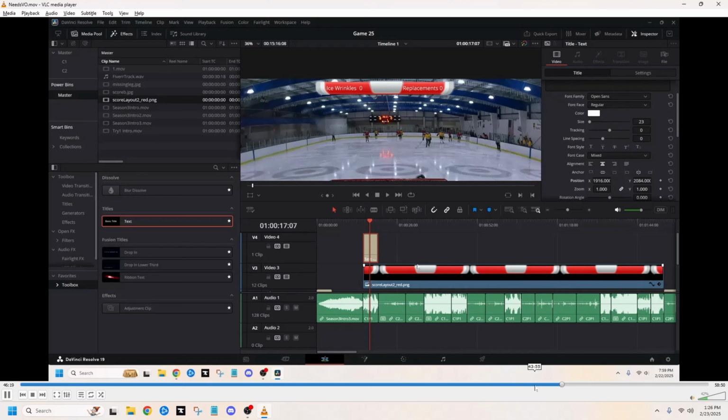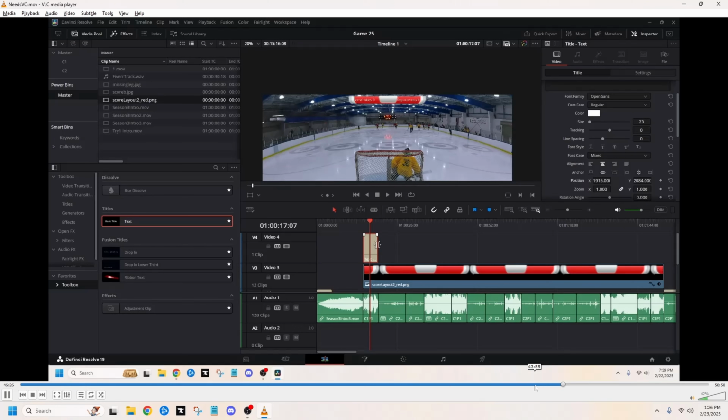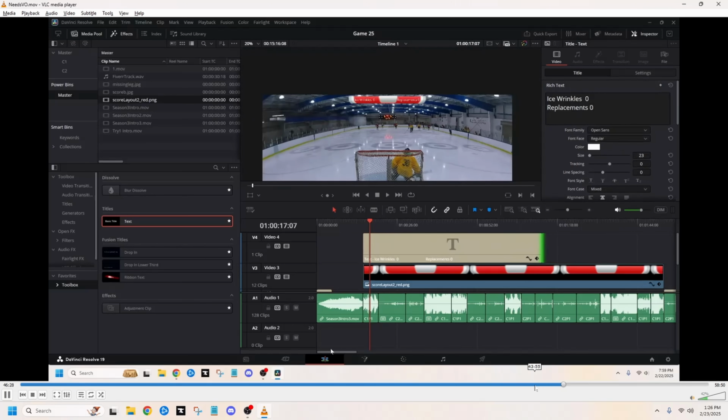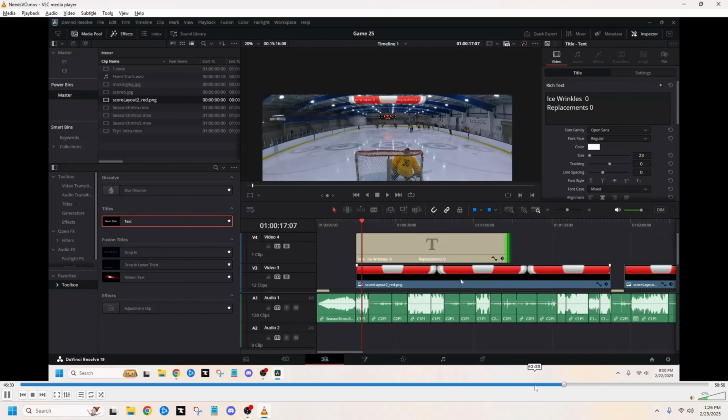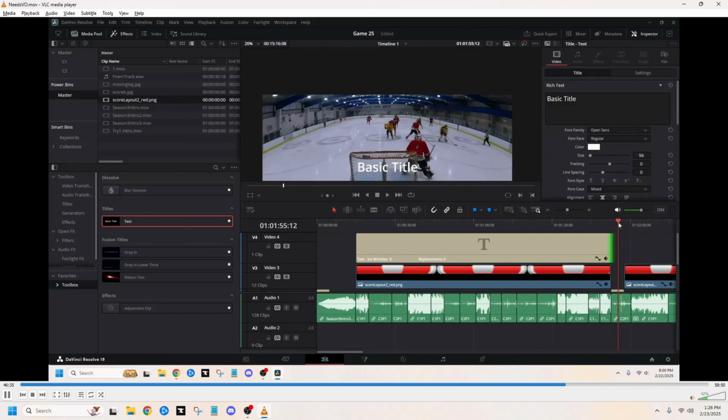Now I'm going to copy this. And then I'm going to drag it out until I get to the first goal. And one thing I do want you to notice, down here it says text, ice wrinkles 0, replacement 0. So you can see the score. You can see the score on the one before. So that gets important if you accidentally forget to,